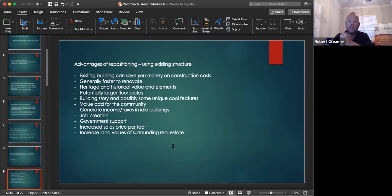Potentially larger floor plates. The older buildings usually take up more square footage than they do now. Building story: if you have a really cool building, it can have a great story, which just goes well when you're selling it. And it can have some unique, cool features. Like in some of the older cities, they turned old bank vaults and old warehouses into something new. Some of the old warehouse spaces in Dallas are 3 stories with steel and these crazy doors, and